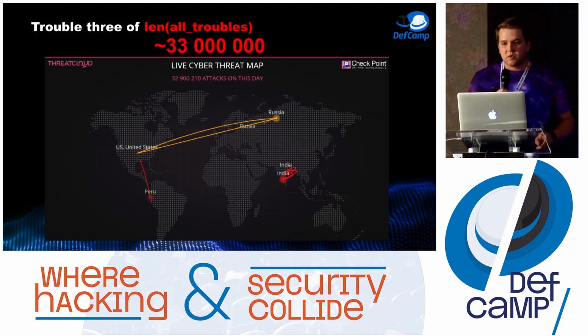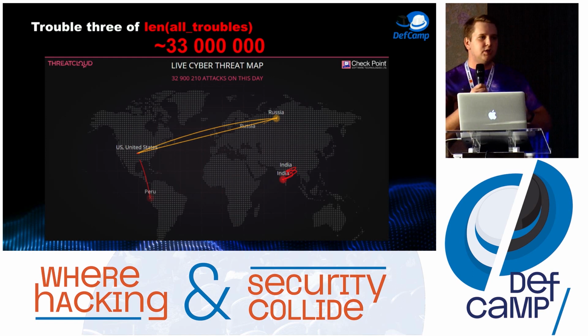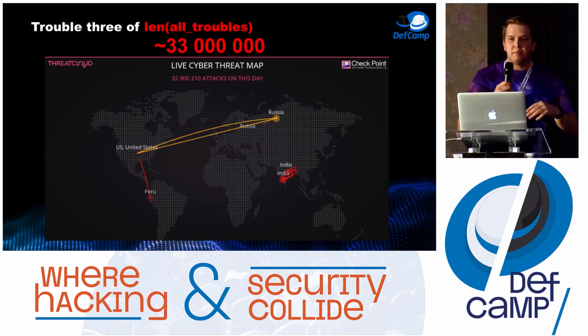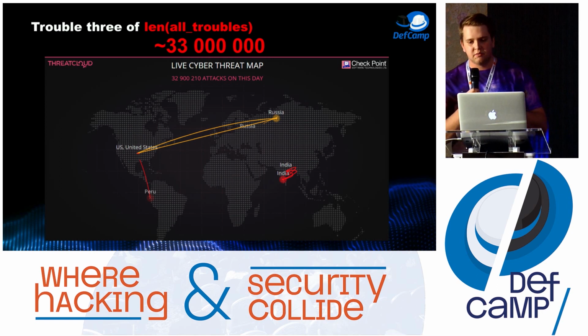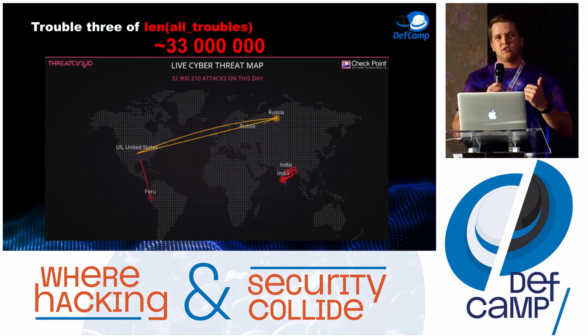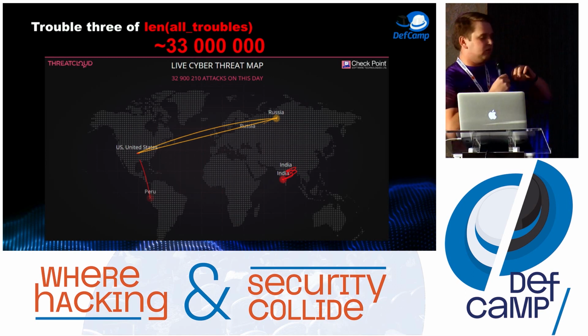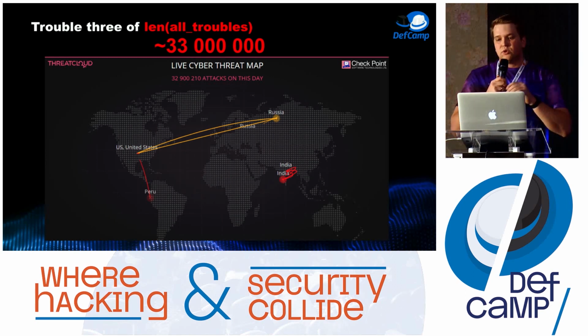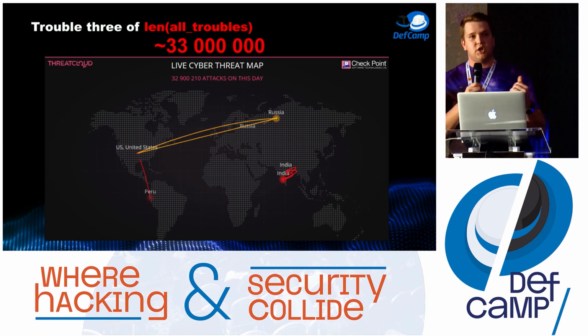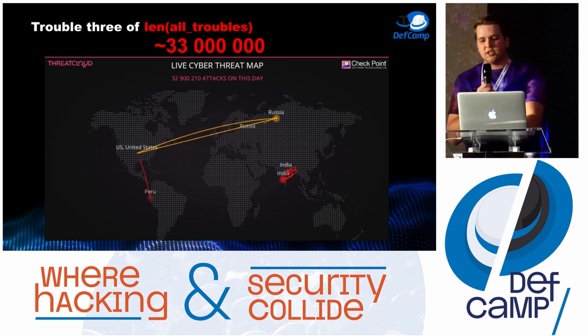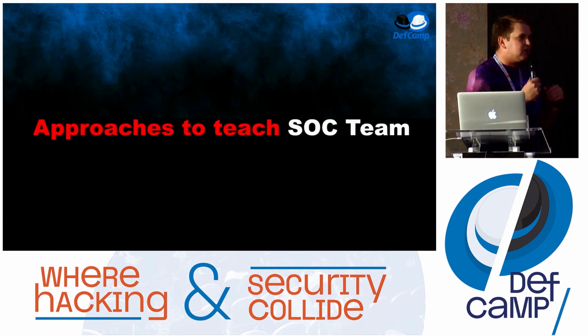And trouble number 3. According to Check Point, there are around 33 million attacks per day, including dangerous ones, but mostly there are bots and script kiddies, yeah? As you know, if you view these events in an IDS dashboard, it's really hard to highlight the important attack vectors that could compromise your system. And if you had to pay attention to all hits, you wouldn't have time to react. This is why the average incident response time is 279 days. And after defining all